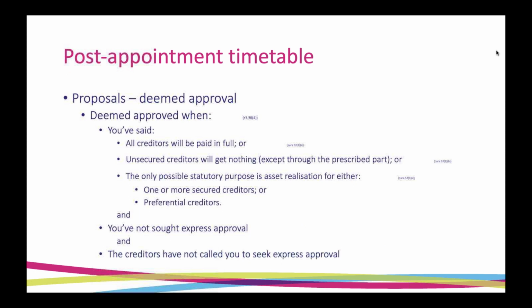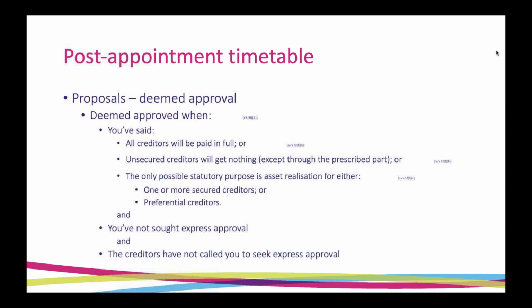52.1b are the cases at exactly the opposite end of the scale, where the unsecured creditors are getting nothing at all from the administration, just not expecting to realise enough to pay anything to unsecured creditors. For these purposes, you can ignore any distribution that they may be entitled to get through the prescribed part. And the 52.1c track is the most complicated of them.